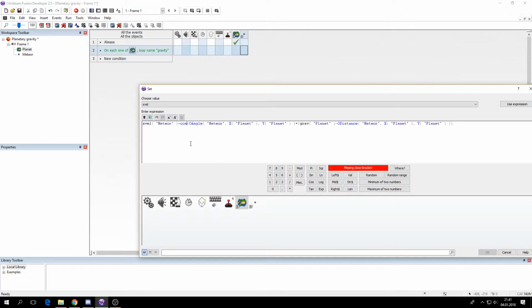And of course this cosinus, we have to close the bracket here like this,